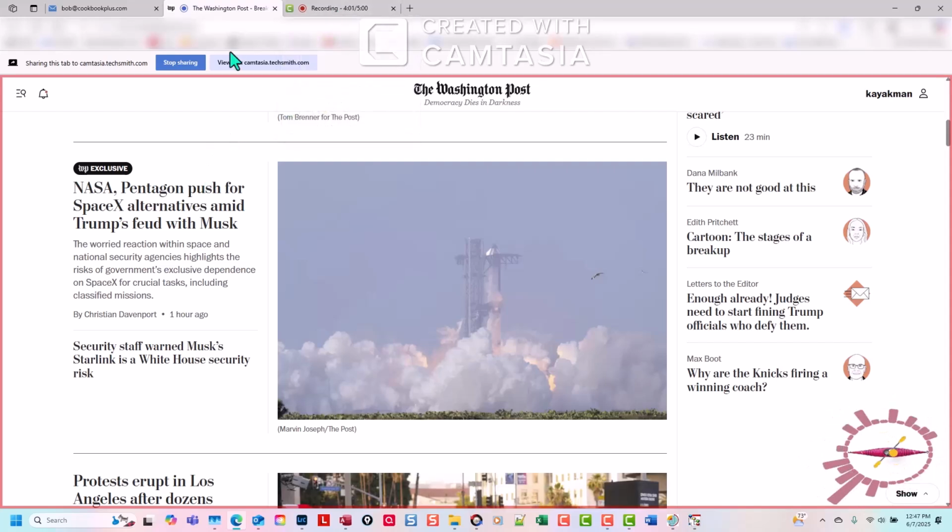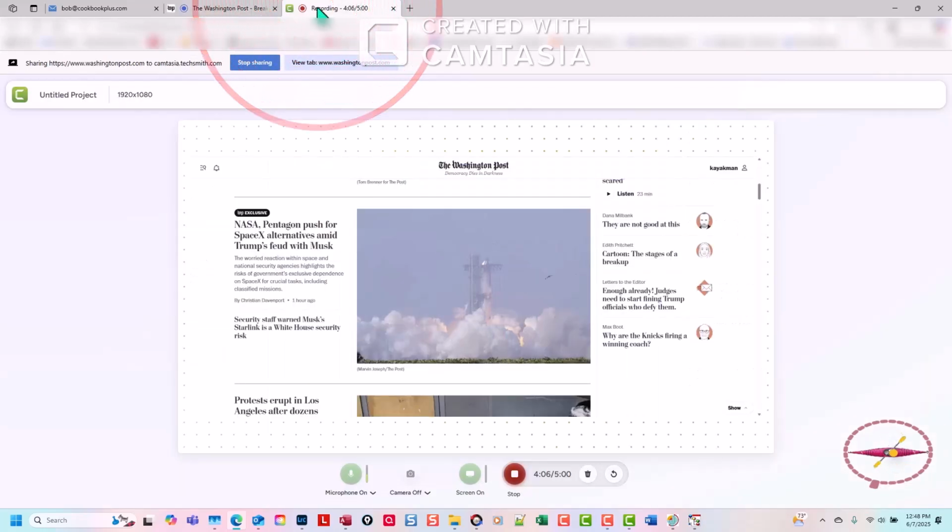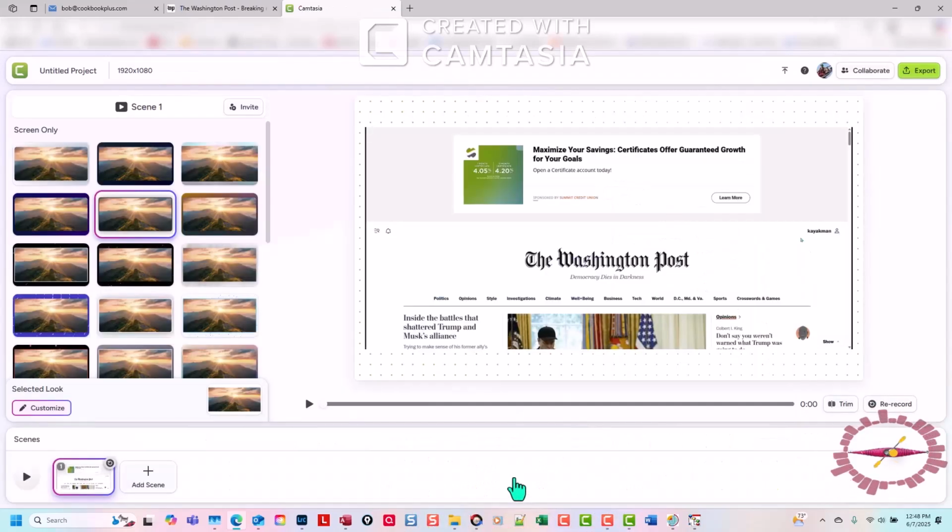Now, I have two choices. I have a button that says Stop Sharing, or I can go back to the Camtasia Online page, and I can stop the recording using this button. So I'll do that. We're now back in the